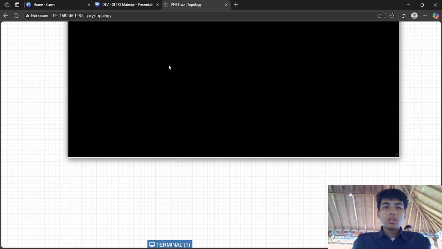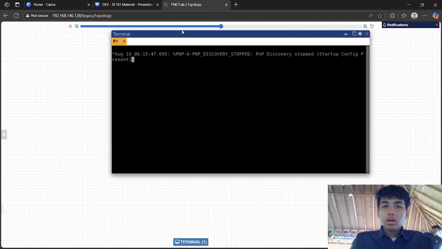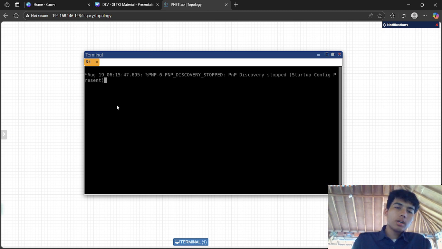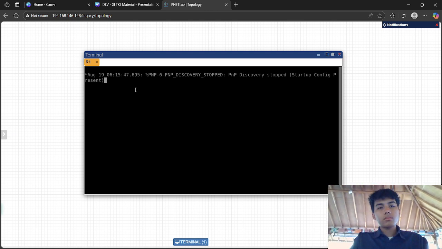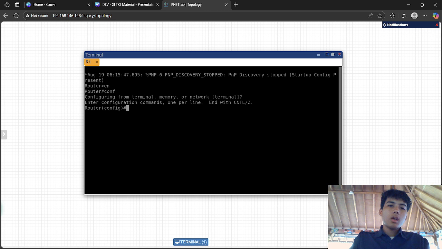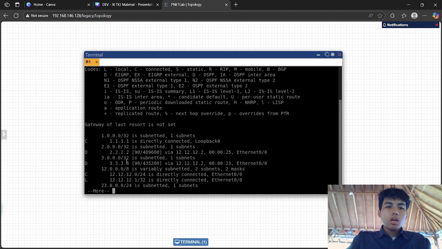After that, when I check in router one and type show ip route, it will show the whole routing table.